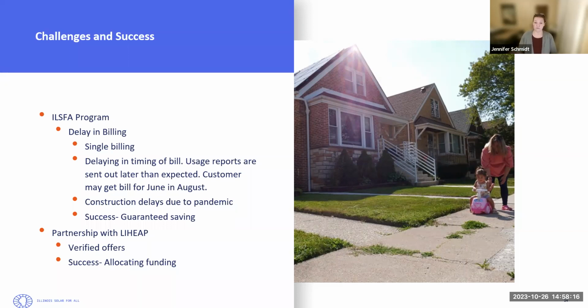So we have tried to encourage our community solar projects to adopt the single billing option once it's available. That was enabled by CEJA back in 2021, and the utilities are still rolling it out. That's been delayed, unfortunately. So we are hoping that the utilities can roll that out in the springtime, coinciding with the rollout of the connector tool.